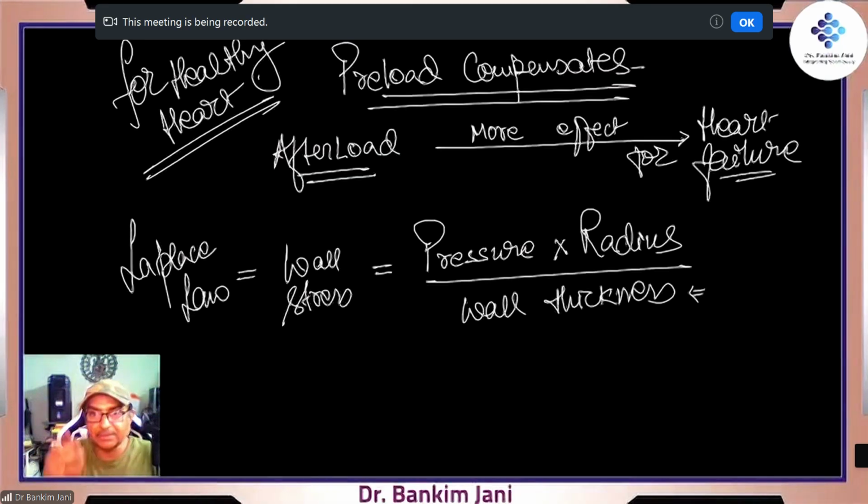Its muscles become thick, its wall becomes thick, so this number becomes bigger, and wall stress decreases, because a bigger number is dividing the whole. Pressure and radius are kept the same. So this means that this pressure into radius, it is